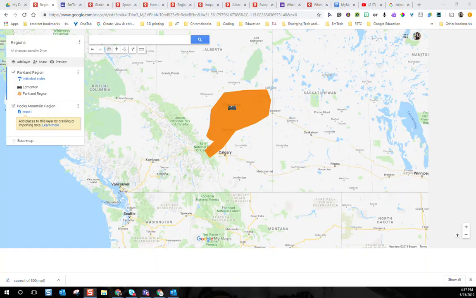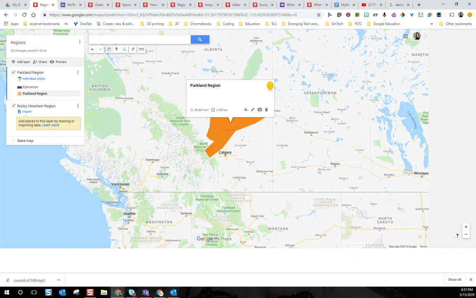Well, and what I don't know if everybody noticed, when you created that shape, it actually is giving you the mathematical measurements for the area. I love that. So let's show this. Now that I have this shape, if I click on that Parkland region polygon again, just remember that it's going to give me the area belonging to that shape.